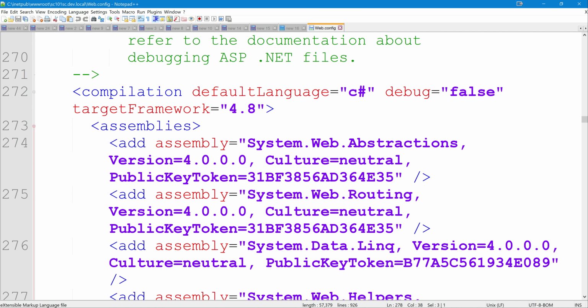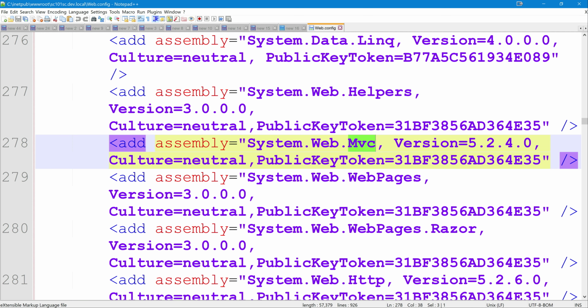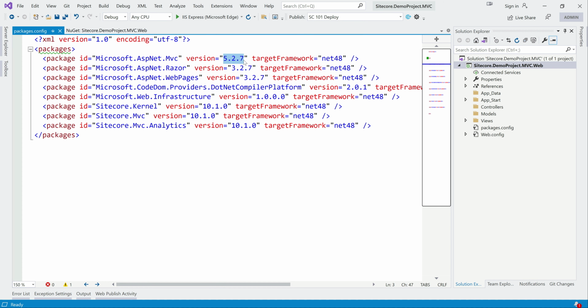Here you are saying compilation target framework is 4.8 and the assembly is MVC, but the version is 5.2.4. But here we have 5.2.7. That's where it is getting a conflict.